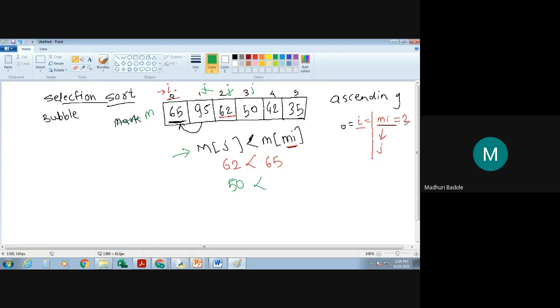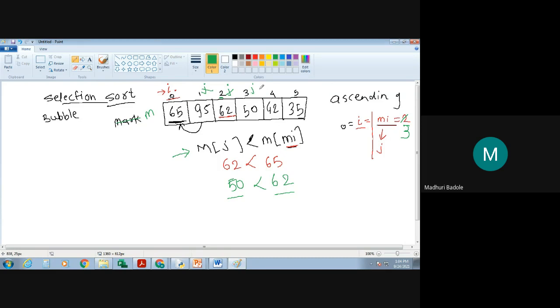In this case mi is nothing but 2, and marks of mi 2 is nothing but 62. Is 50 less than 62? Yes, it is. So you are changing this index by 3. It means that your minimum index will be changed to 3.